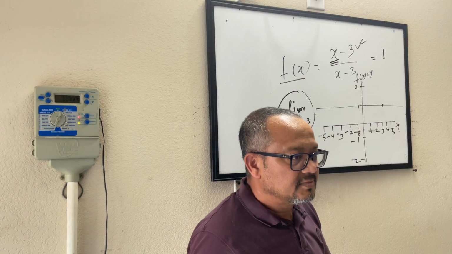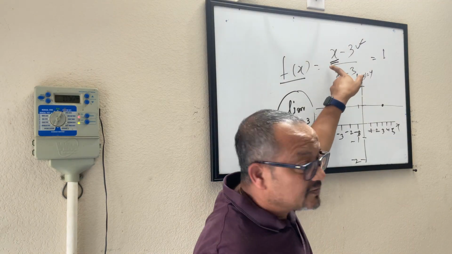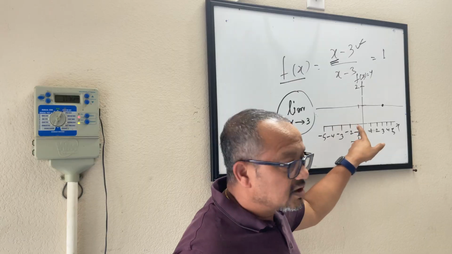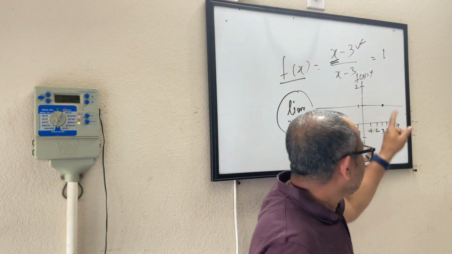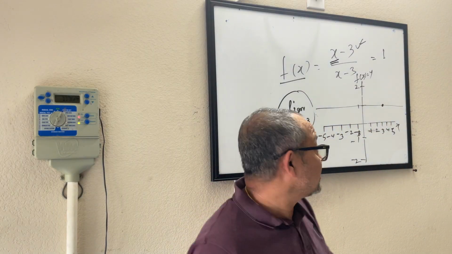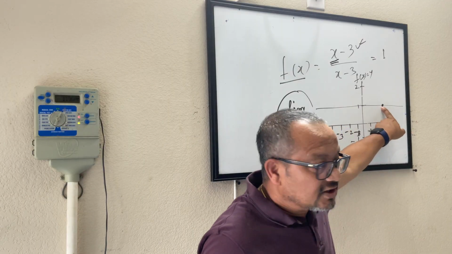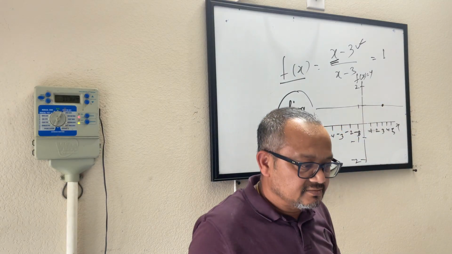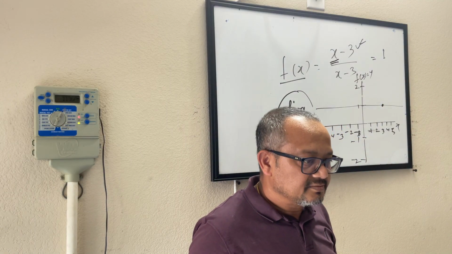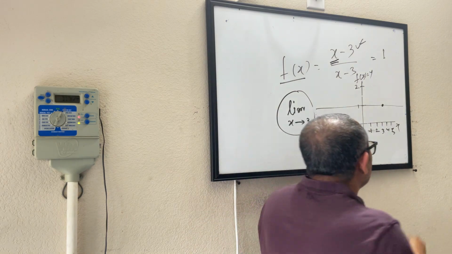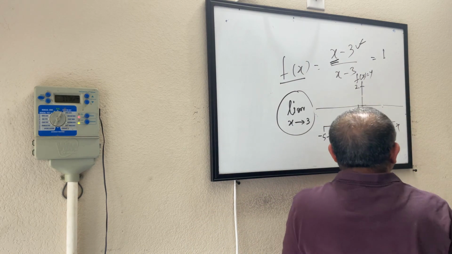We have just plotted this function on a coordinate plane, and this graph represents that this function is not defined when x equals 3. So you can put a blank circle here,